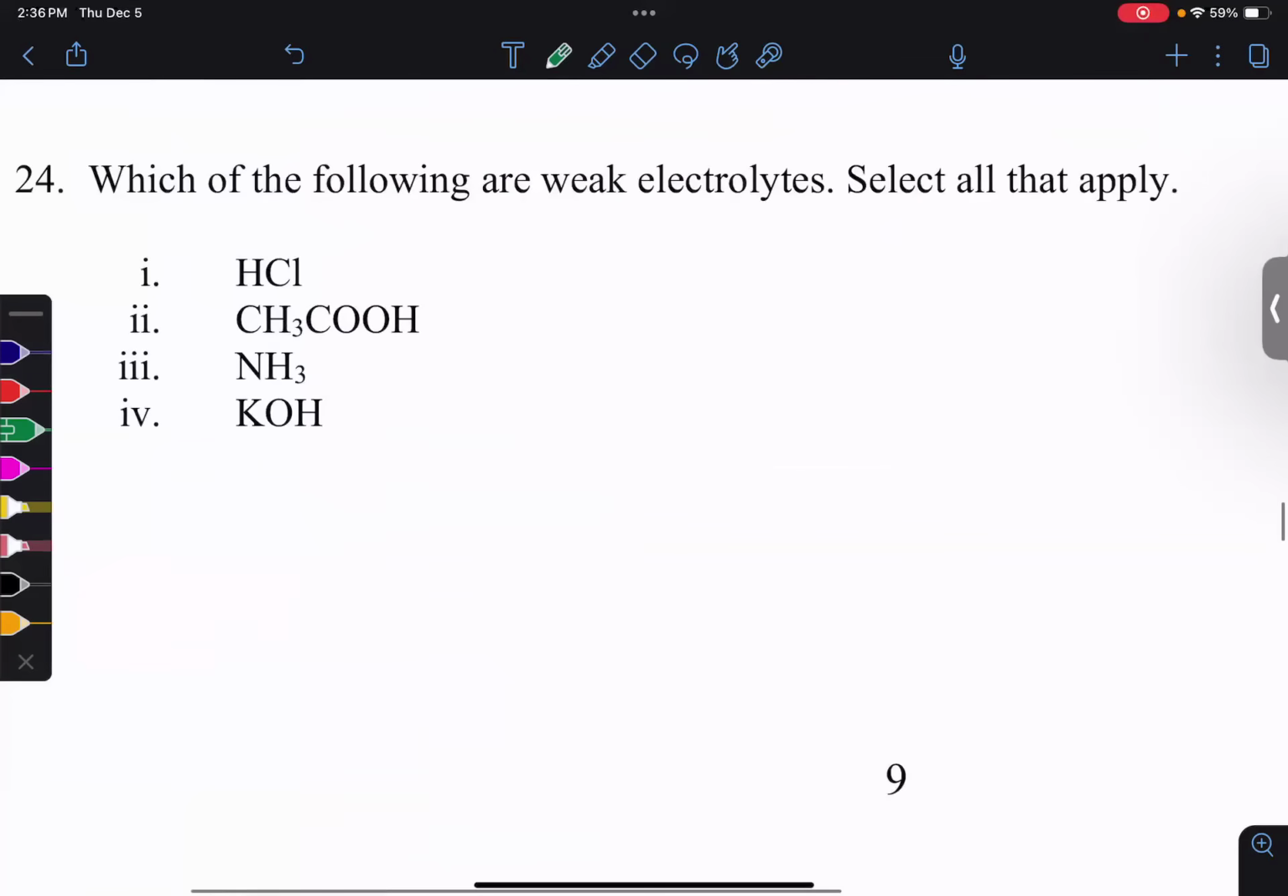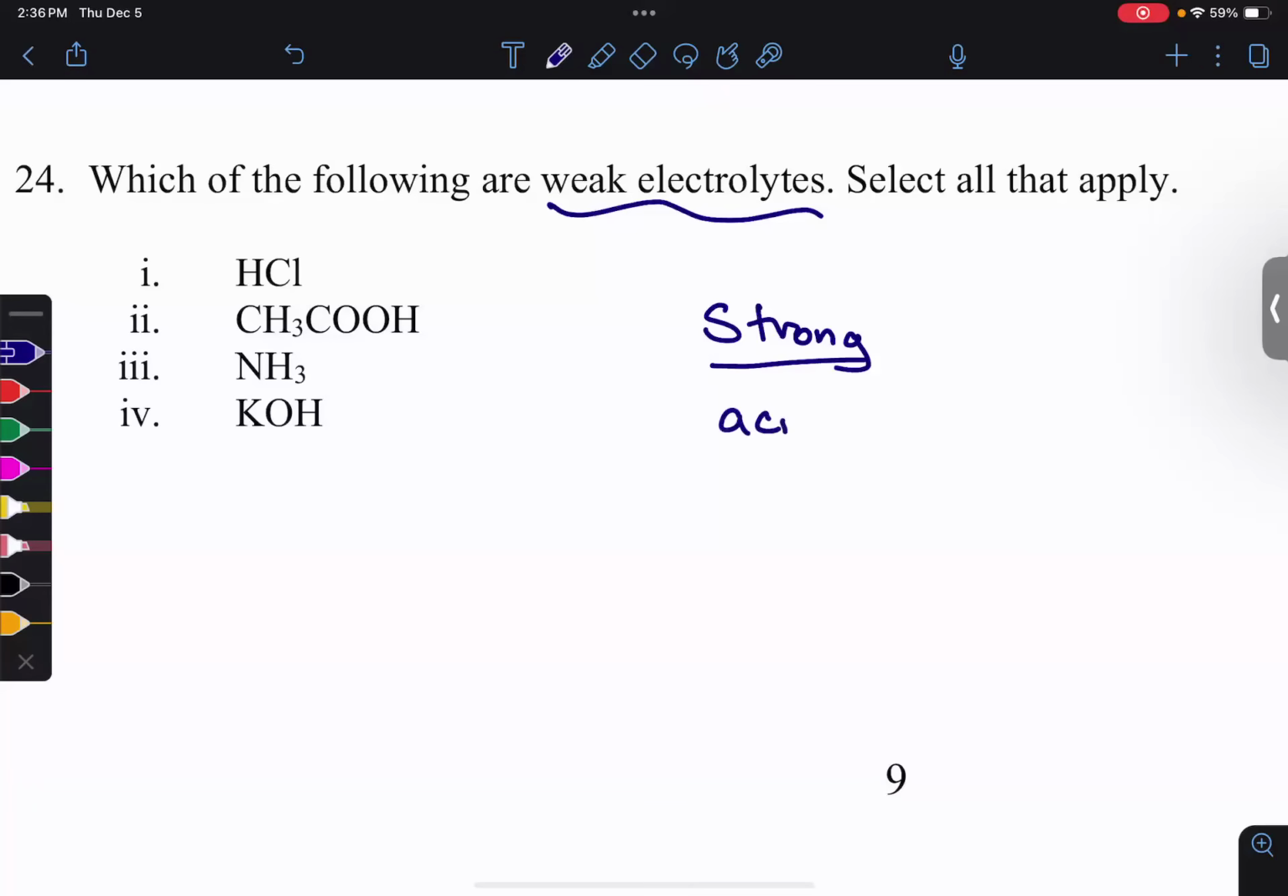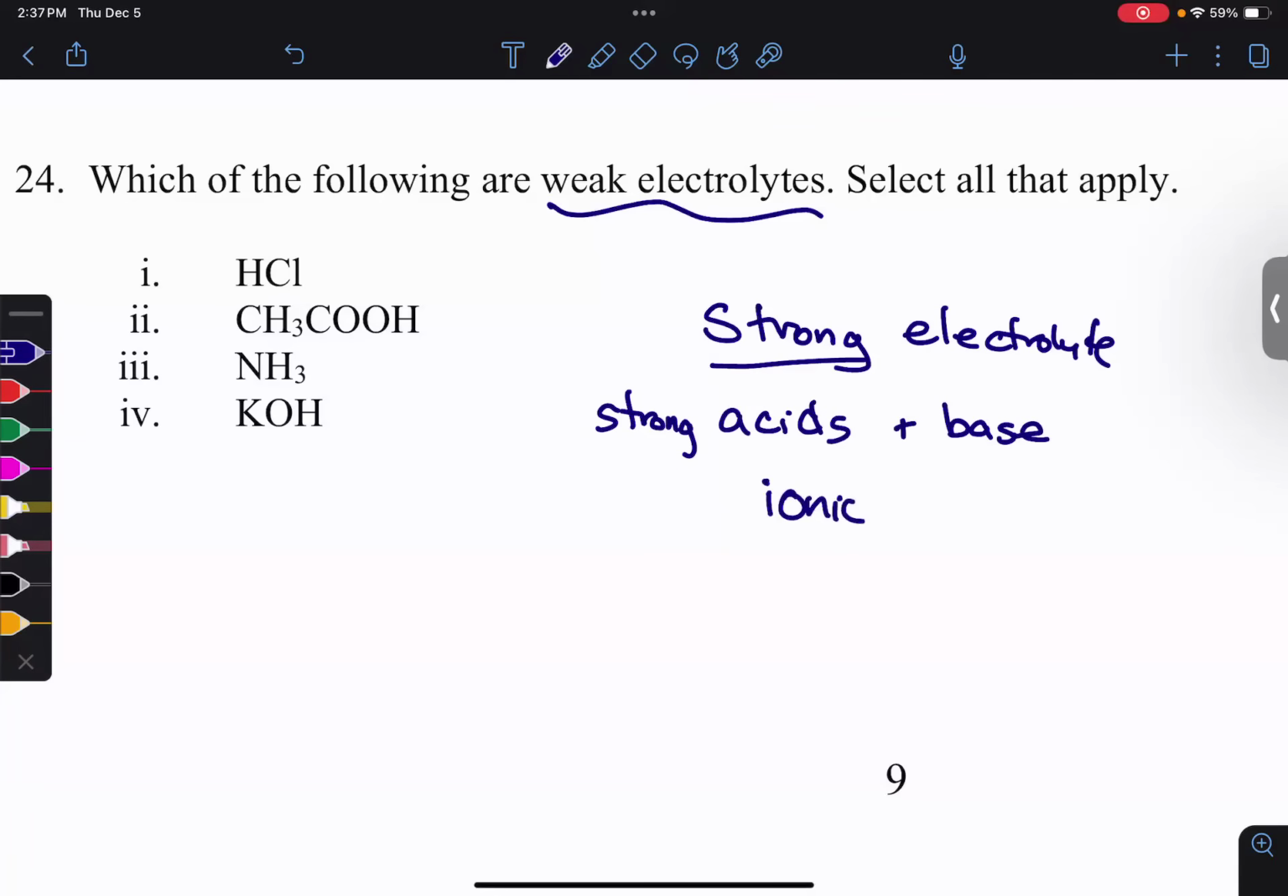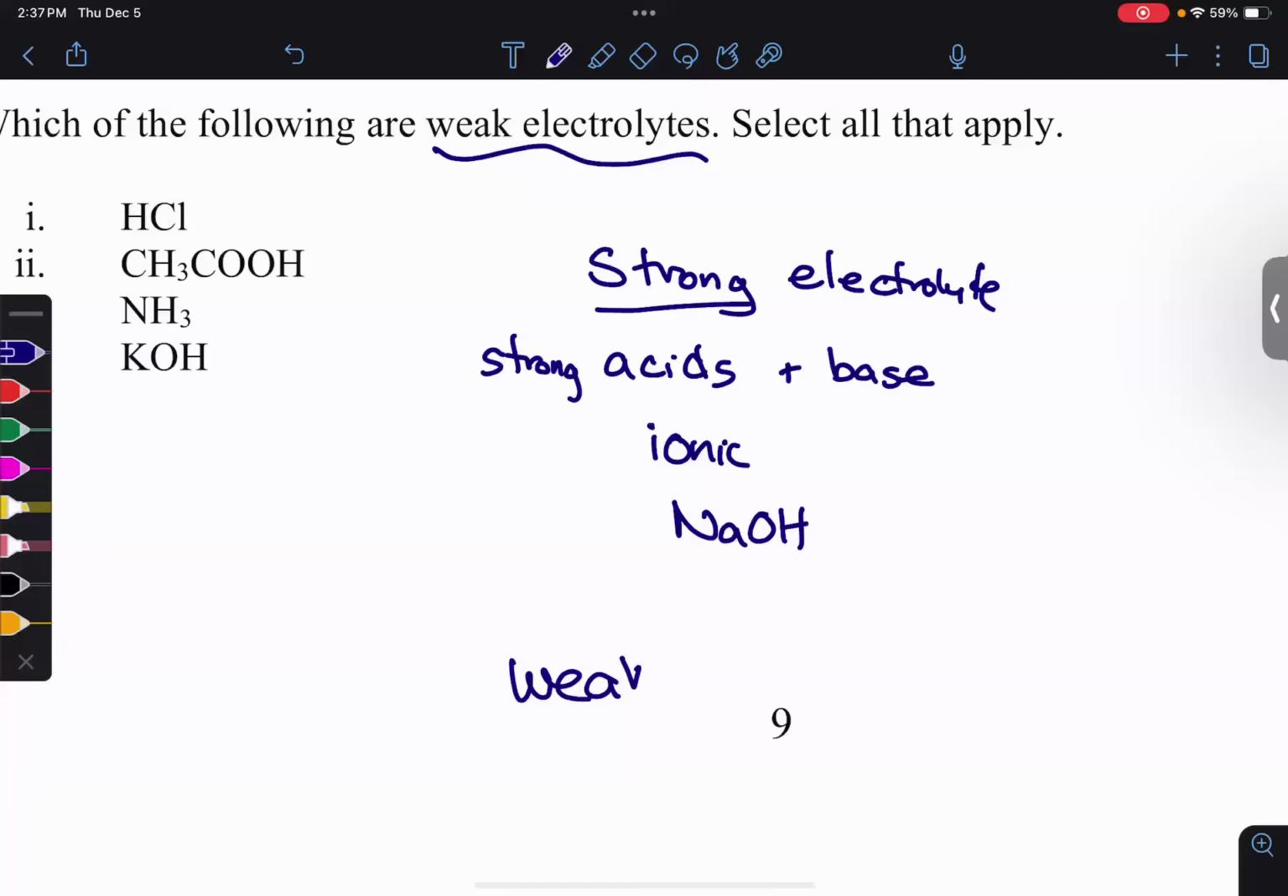All right, which are the weak electrolytes? So maybe before we do that, let's identify what our strong electrolytes are. Acids, very good. I heard strong acids. So on that same note, strong acids and strong bases. There's also one more strong electrolyte. Anything that is ionic, yes. So that actually also includes bases technically, because NaOH is an ionic compound, but it's also a strong base, all right? So that means our weak electrolytes,